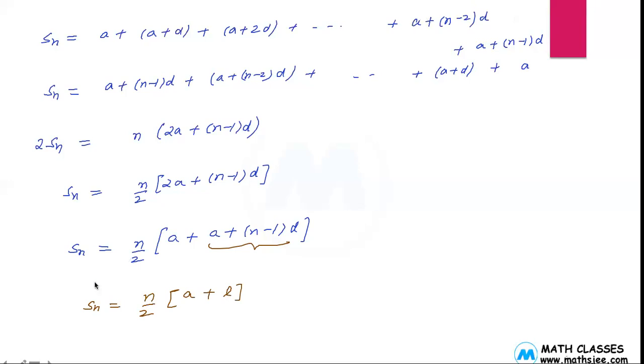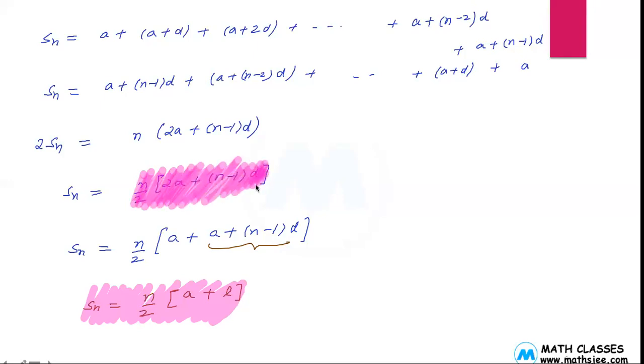We can write the formula in either of these two ways, because sometimes we know the last term, so we can easily find the sum by simply putting in the last term and the first term, as we will know the number of terms. Here n is the number of terms, a is the first term, and l is the last term. You can also use the other formula. It will depend upon the question which formula gives easier calculations, so we can use any one of them at that point of time.